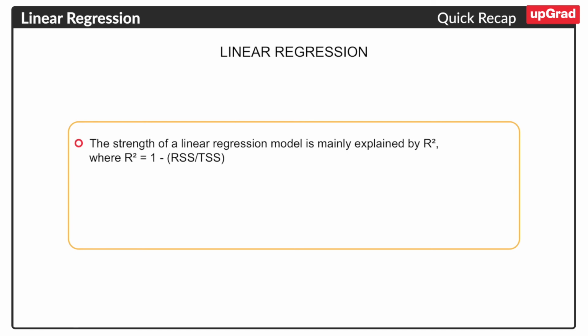So that's why, if you see, mostly for linear regression model explanation, or to understand whether this model is good or not, people use R square. Okay. So the R square formula is nothing but R square is equal to 1 minus RSS divided by TSS, where RSS is the residual sum of squares and TSS is the total sum of squares. So I will tell you what TSS is.